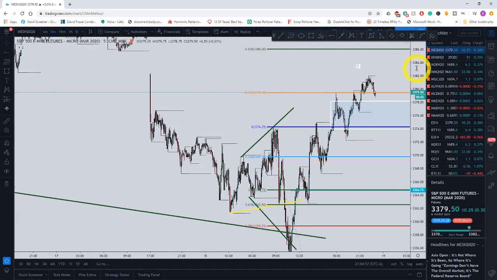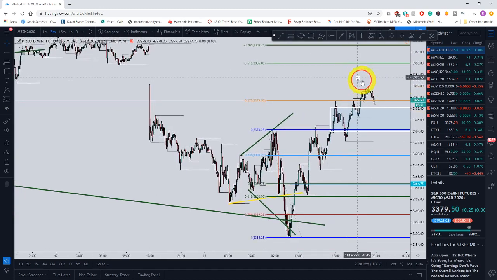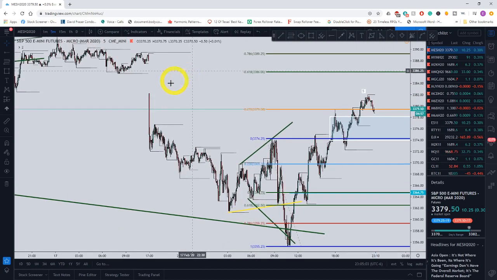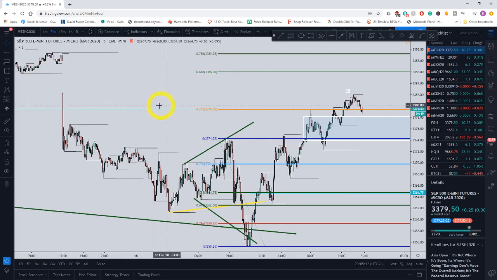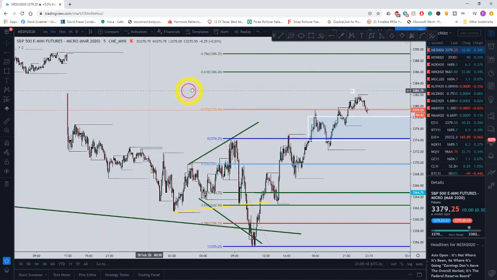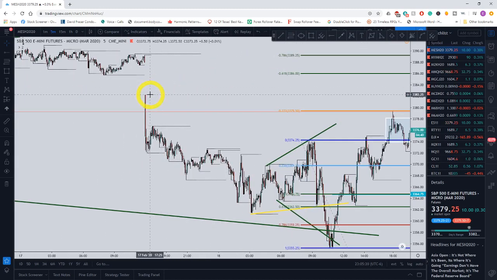The reason why I'm not taking this, because I know this is something, as you see, I already marked it 0.5 up there, but the reason I'm not taking it right now is look over here to the left-hand side. This, I guess, this is me rambling, or you can consider this a bonus. But this is just one of the things that I was looking at right there, because I could have definitely gotten in right here at the 1.272, still could right here, but the reason I'm not is look over here on the left-hand side. There's a huge gap right here, and this is the 5-minute charts we're on right now, but from about 33.8225 all the way up to